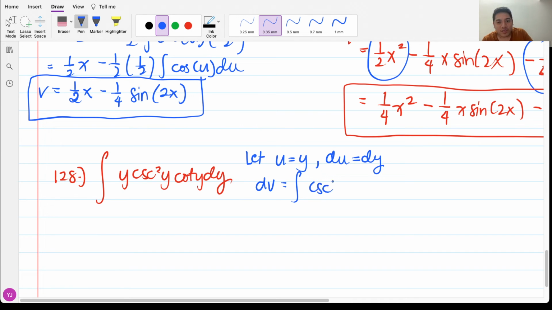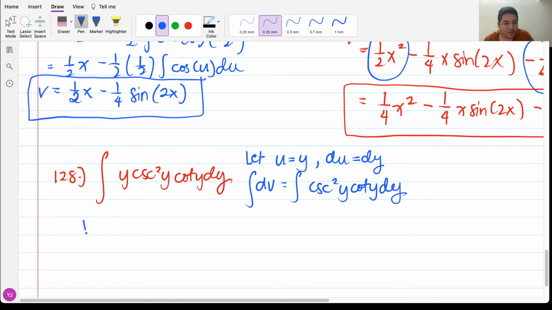So you have cosecant squared y cotangent y dy here. In order for us to integrate this,